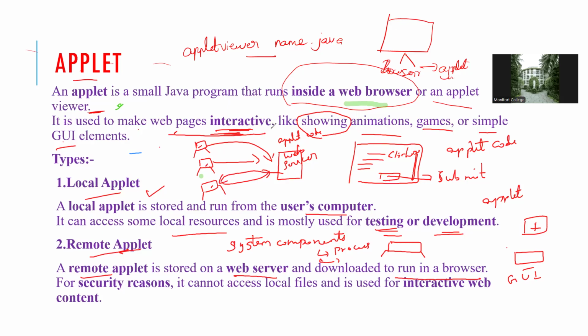So remote applet means what? It will be somewhere in the web server, and we are going to download it into the system, and in the system we will be having a web browser. That web browser is going to run that remote applet. Here, for security reasons, it cannot access local files, and it is used for interactive web content, which means,